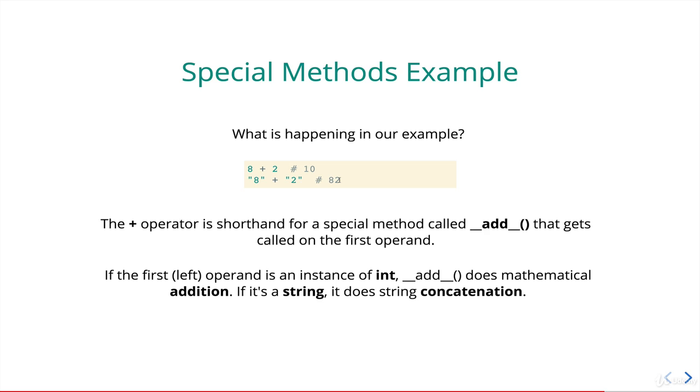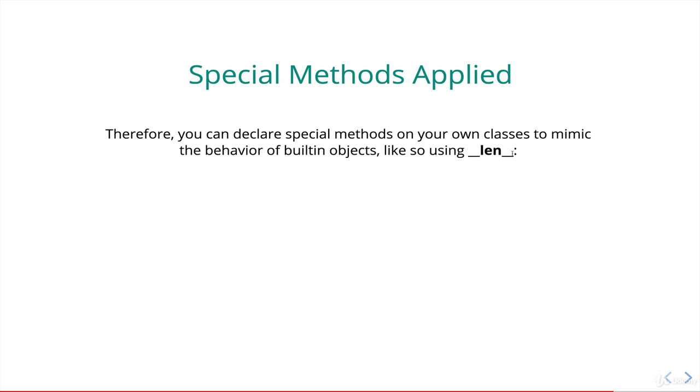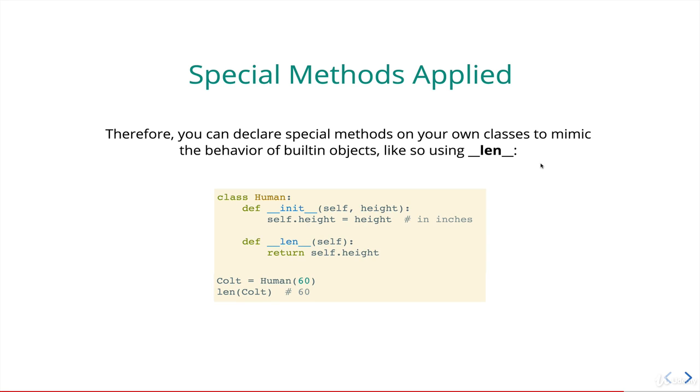So we can actually go and write our own add, and we're going to do that in just a moment, for a human class, so we can add 2 humans together. But other than add, we've actually seen some of these like len. When I introduced back in the built-in function section, I talked about len, the built-in function, and how it uses the dunder len, double underscore magic thing. So we can define our own len like this on a human. So when I call len on Colt, which is a human, I'm not 60 inches tall. I don't know why the slide says 60. Anyway, let's say I am 60 inches tall. That's going to be my length that's returned here.